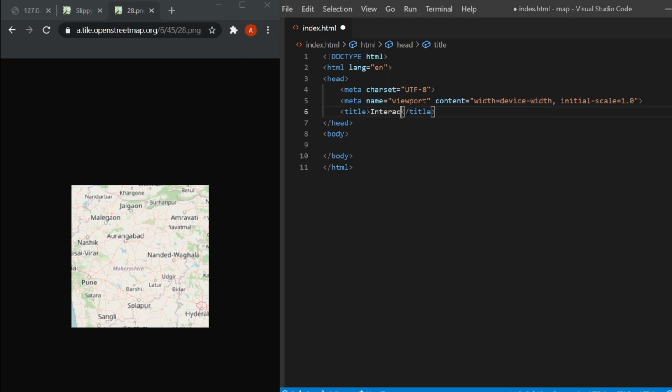Maybe I'll just name it Interactive Map, and I'll also create empty style and script tags for now. We can edit it later on as required. Speaking of style tags, I'll only be using internal styling for now, so that the entire application is contained within a single file. However, in case our application grows in size in the future, we may want to create new files as required.